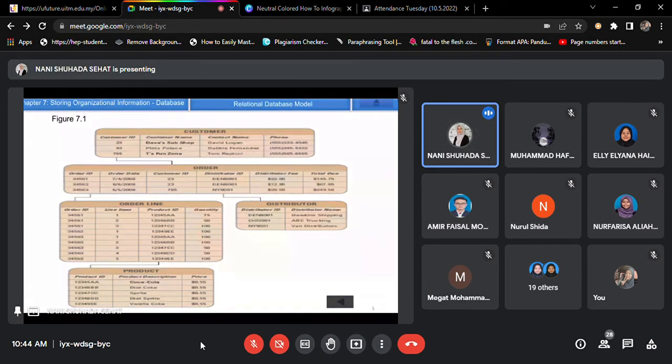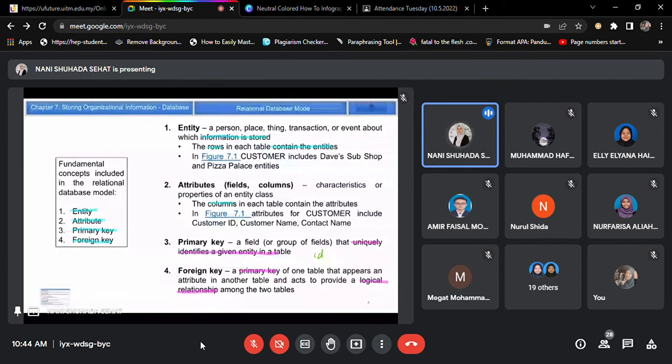Okay, now move on to the next one. Okay, primary key. Primary key is the field or group of fields that uniquely identify a given entity in the